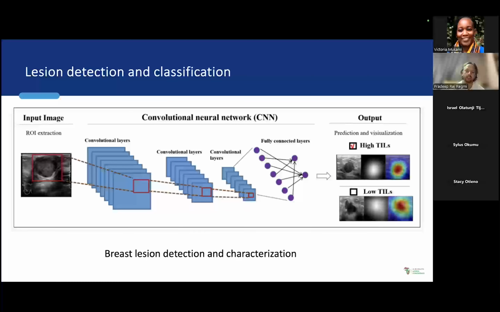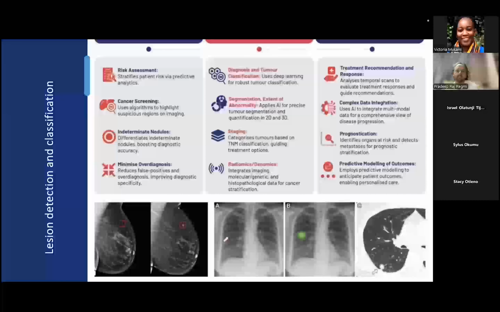It is not available in our clinical setup in obstetric ultrasound, but it is available in X-rays, breast MRI, and others as well. And the lesion detection and classification